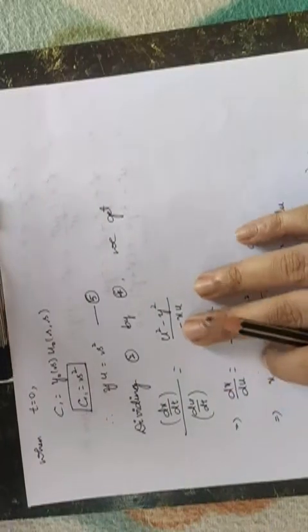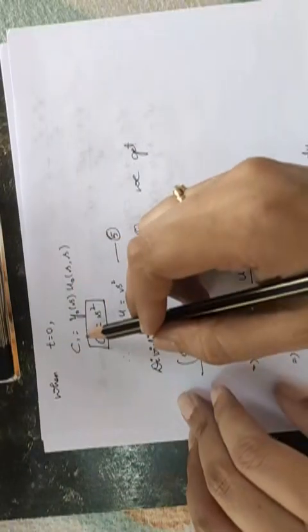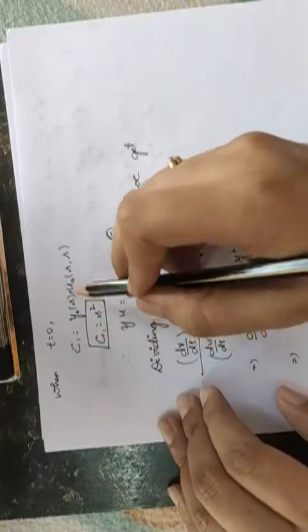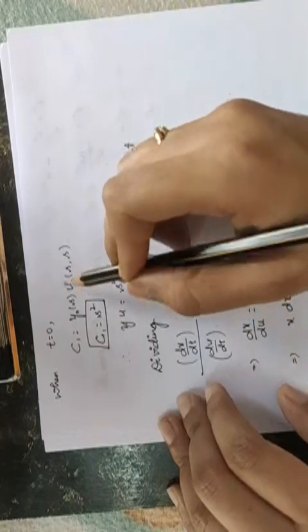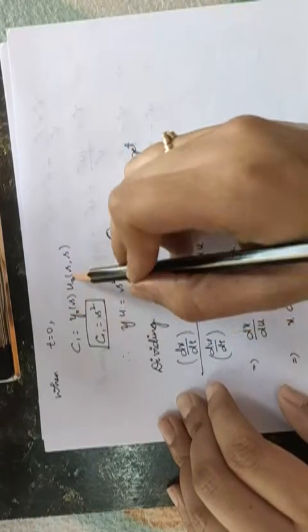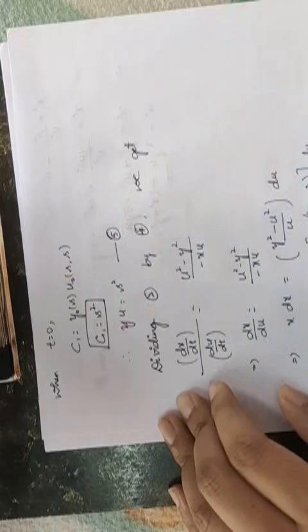Okay, so now I have to find out the value of c1. For that, I will consider t is equal to 0. If t is equal to 0, c1 is equal to y naught of s, u naught of s comma s. We know the values of these two. If you substitute, you will get the value of c1.